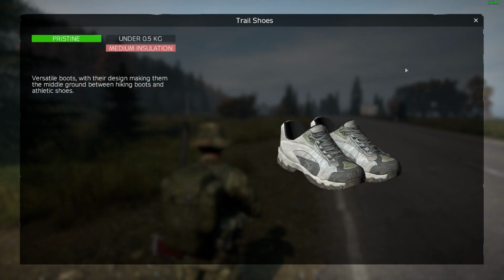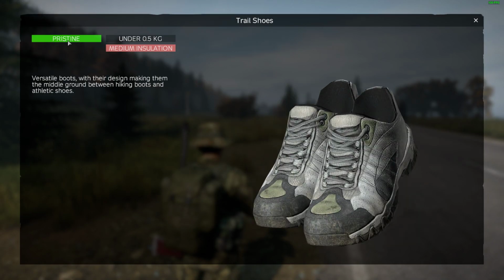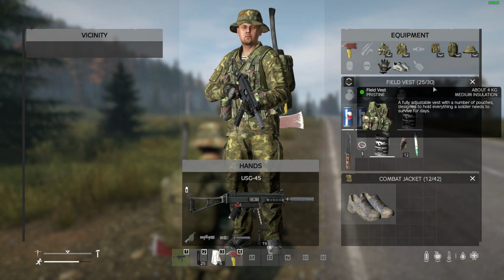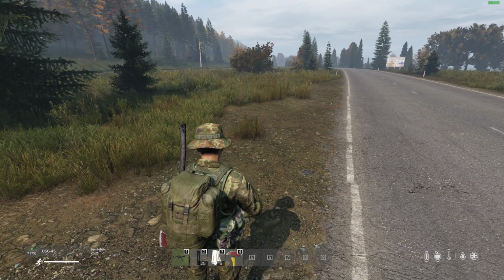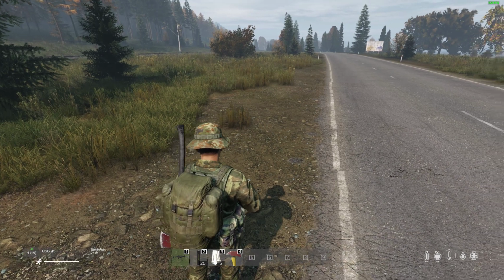If we go up to the top we can have a look and see what they are, and they say they're pristine and they offer medium insulation when they are dry. Now these will wear out as we use them, as you would expect, as you're moving around. However, if you want to avoid them wearing out too fast, what you need to do is avoid running on